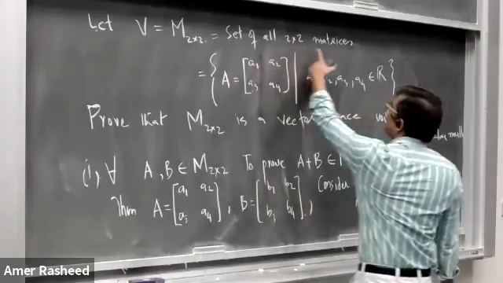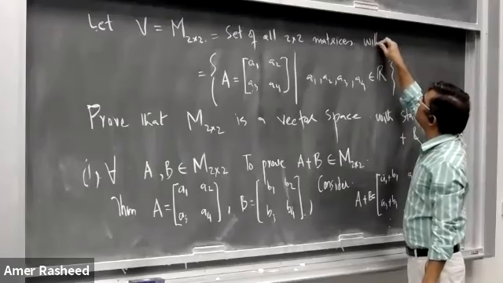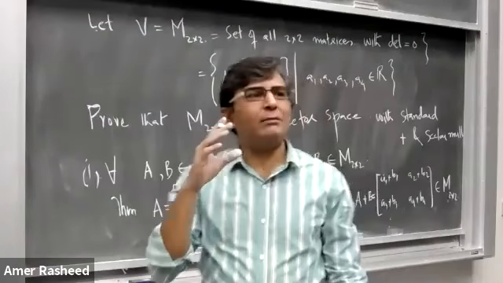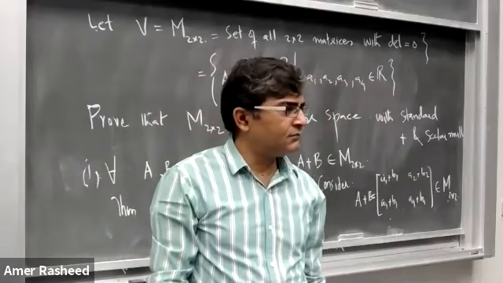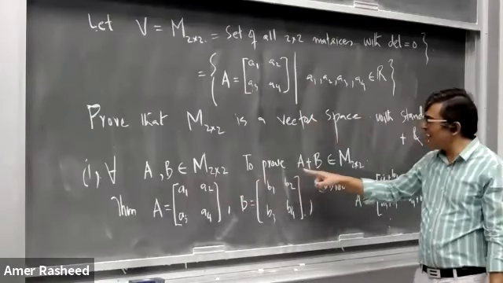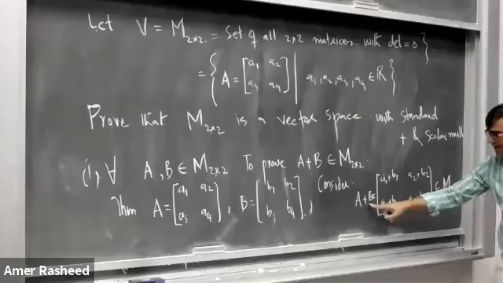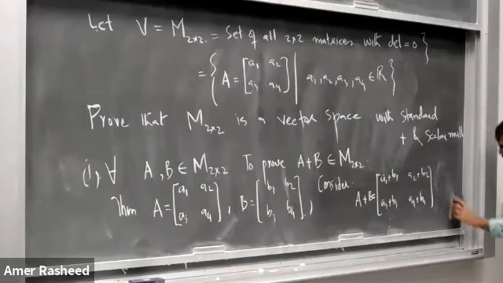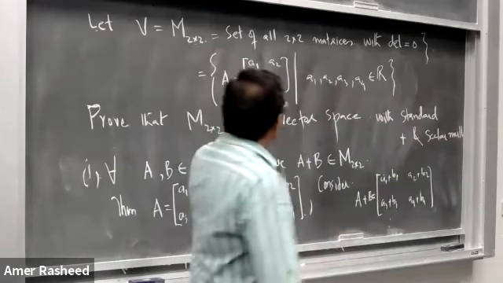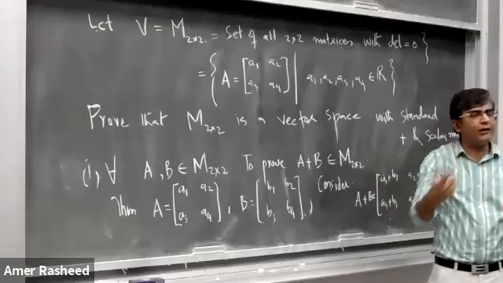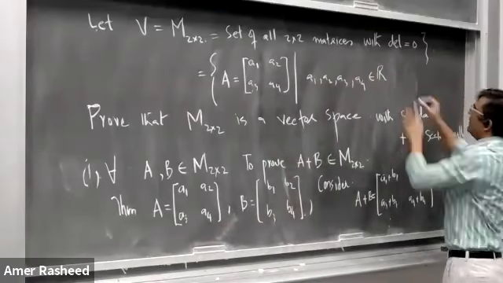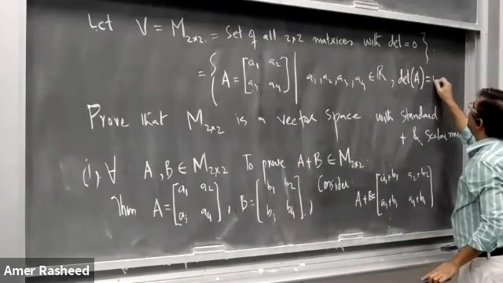कि M2 cross 2 set of all 2 cross 2 matrices with determinant equal to 0। वो मैट्रिसेस हैं इसमें जिनका डिटरमिनेंट 0 है। ठीक है, अब हमने अगर प्रूफ करना है कि A प्लस B, पहले हम लिखेंगे कि A प्लस B क्या है, ये है। अभी हम ये नहीं कह सकते कि ये M2 क्रॉस 2 को बिलोंग करता है। अभी हमने हाफ ऑफ द प्रॉपर्टी प्रूफ की है कि अगर A 2 क्रॉस 2 मैट्रिक्स है तो दो मैट्रिक्स का सम जो है वो 2 क्रॉस 2 मैट्रिक्स है। A तब यहां पे बिलोंग करेगा जब A का डिटर्मिनेंट 0 होगा, एंड determinant of A is 0। Now this set has been changed।